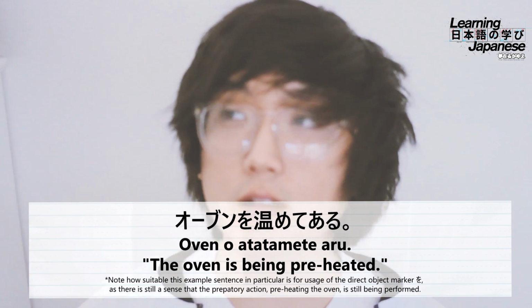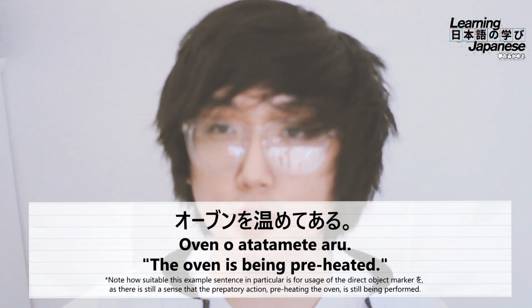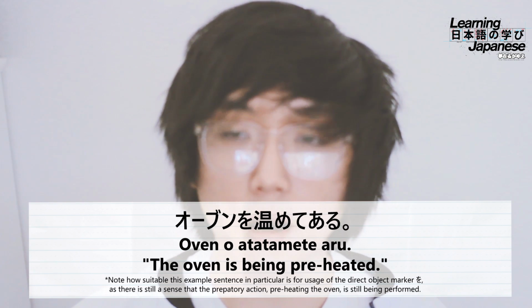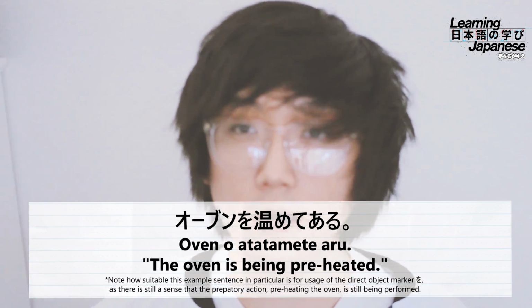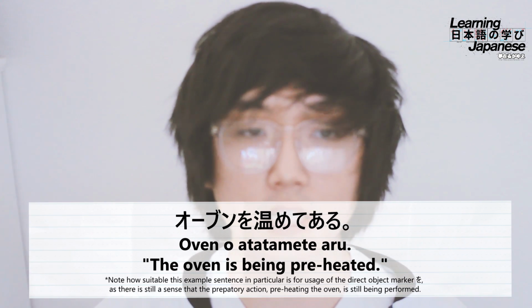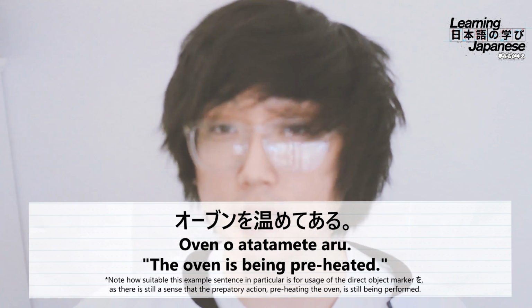So I want to say that this is a particularly good example to convey why you would use the direct object marker o as opposed to wa or ga. It's because this here is kind of indicative that the action is still being performed actually. You kind of get that sense because when you preheat an oven,